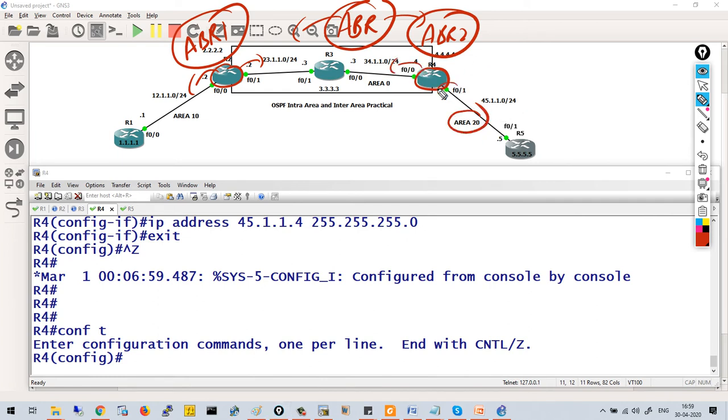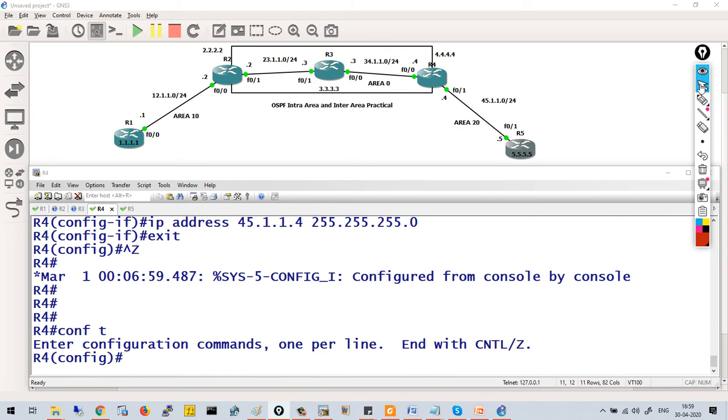So first of all, area 20 network information will come in area 0, then it will be forwarded to area 10. In a similar way, area 10 information will be forwarded to area 0, then it will be forwarded to area 20. Same area networks are called intra-area and different area networks are called inter-area. You can also check the routing table to find out which network is intra-area and which network is inter-area.